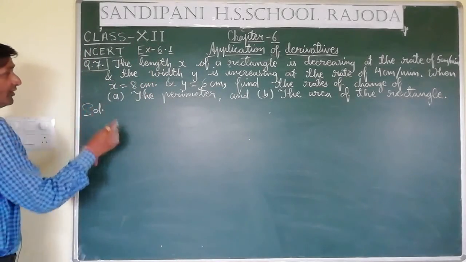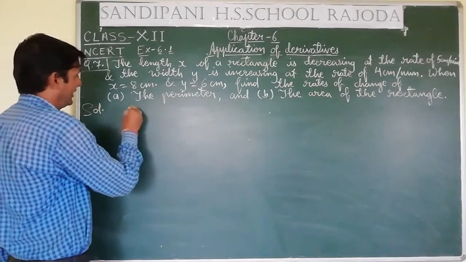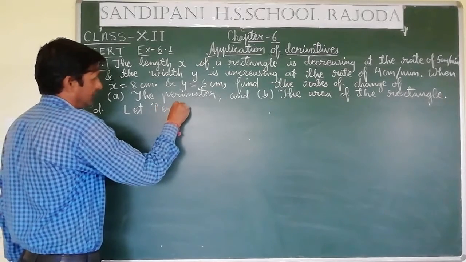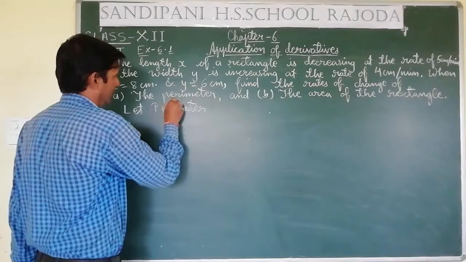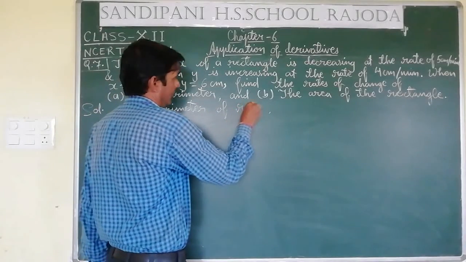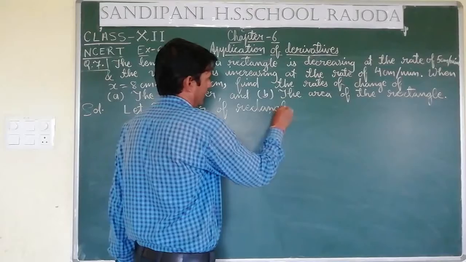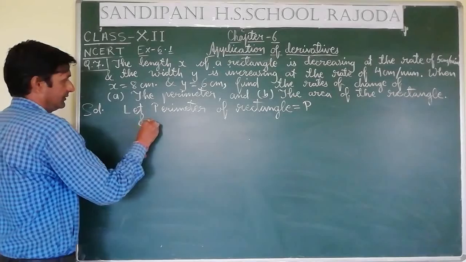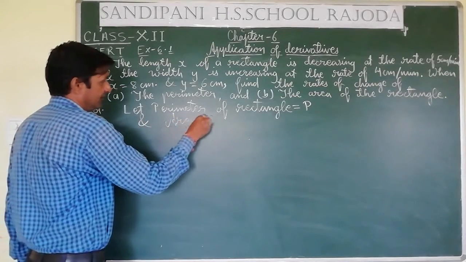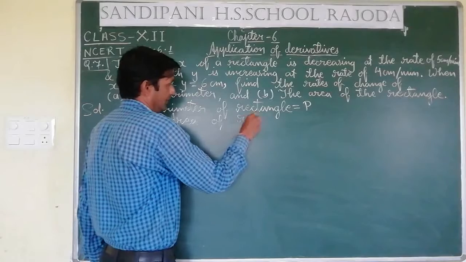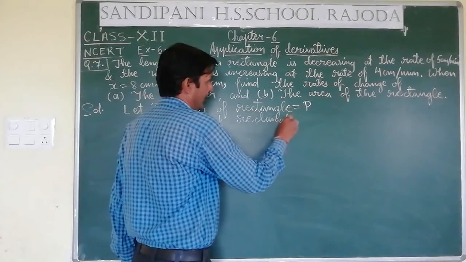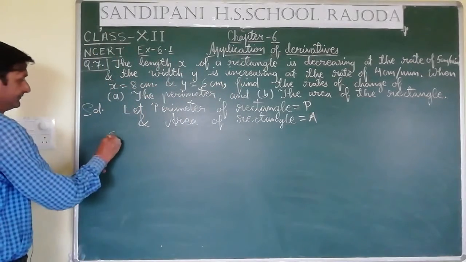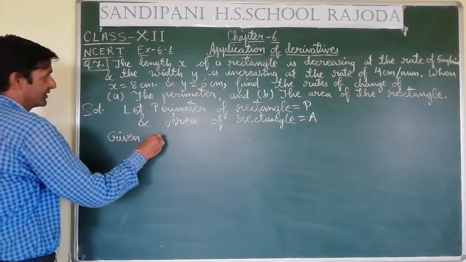So in solution, first of all, let perimeter of rectangle is equal to P and area of rectangle is equal to A. This we considered. Given, what is given in our question? It is given